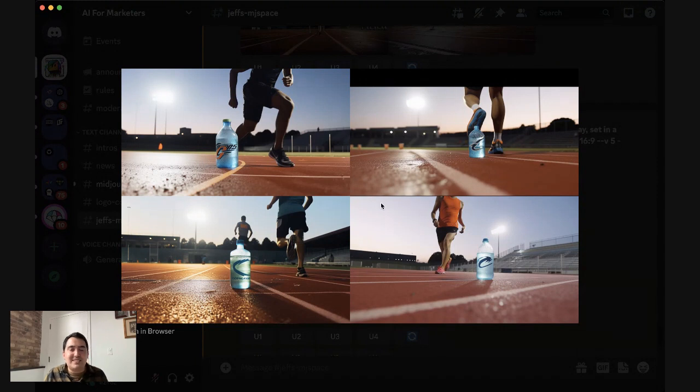So you see what it's doing is it's making it so it's like, yeah, it's still daytime, but in order for it to be illuminated by the lights, it kind of has to be either evening or morning. And so that's kind of what we have here is this very dramatic look, like these people are either staying late or they're up really early training, which is kind of a cool art effect in itself. But again, super easy for us to go now and Photoshop the Gatorade bottle exactly into our comp.